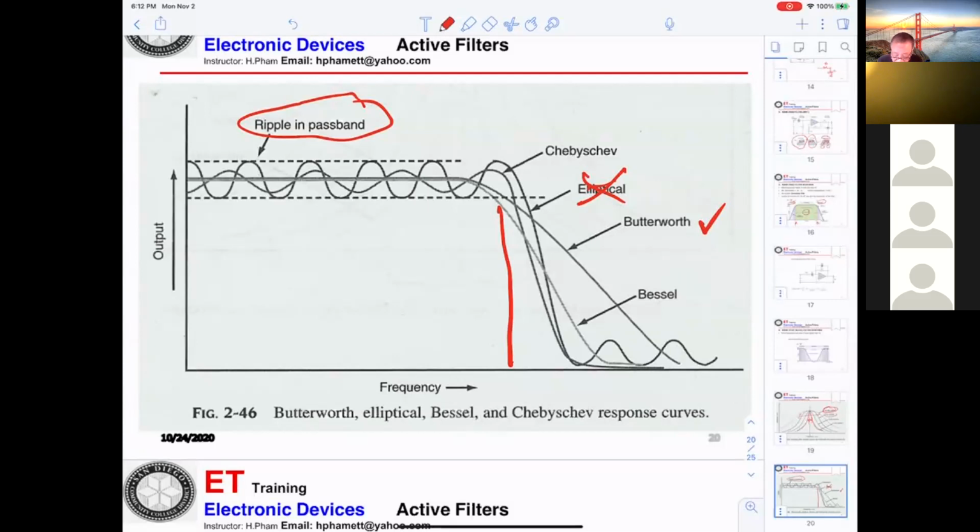And the Bessel filter is better than Butterworth. They don't have any ripple, any noise in the pattern here. However,